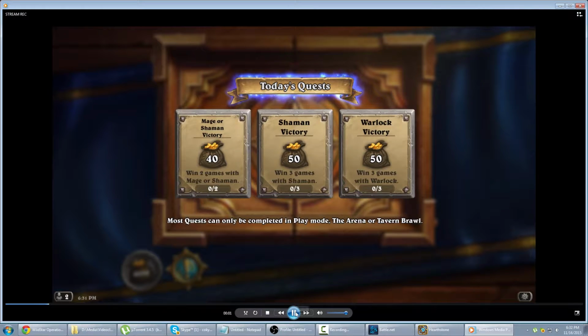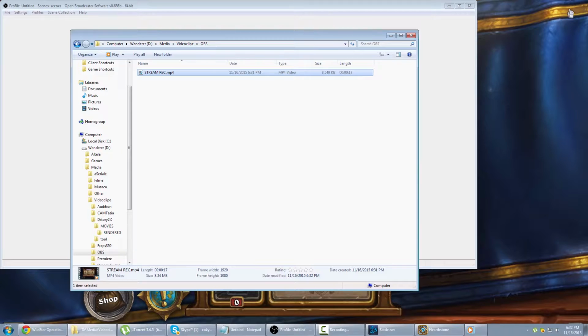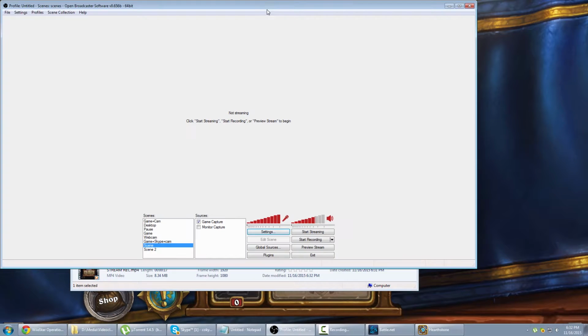I open this up and listen to it. I want to listen to this and see if my voice can be heard, if it's normal, if the game doesn't get too intrusive, if it doesn't cut up my audio. That's basically what I'm looking for. I'm doing a test. So I just spent 17 seconds doing a test, and now I can start streaming. I can say, yes,